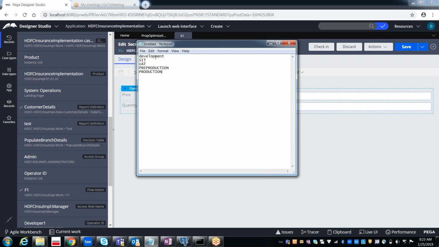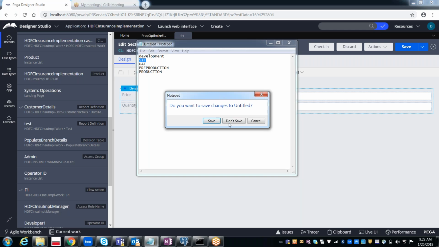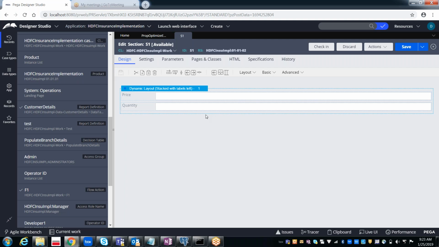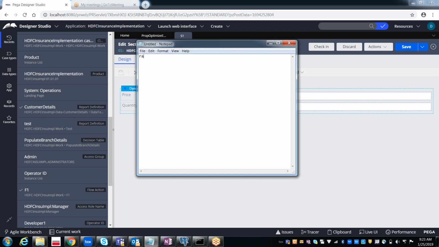So I completed the development in the development environment. Now I need to move to the SIT environment. So how can you move your application to the SIT environment? To move to the SIT environment, for the complete application we need to create a RAP, the product file. The product file is also called RAP. RAP means Rule Admin Product. Once you create the product file, then you can move to the higher environments for testing purposes, and later you can move to the production environment for the actual users.